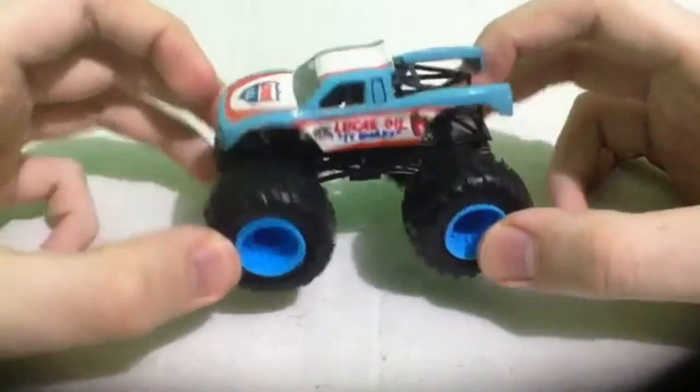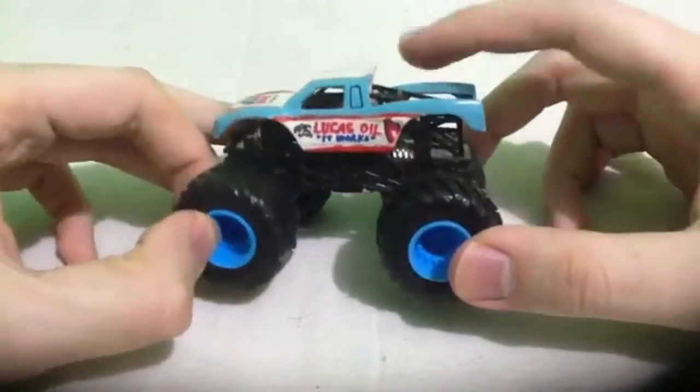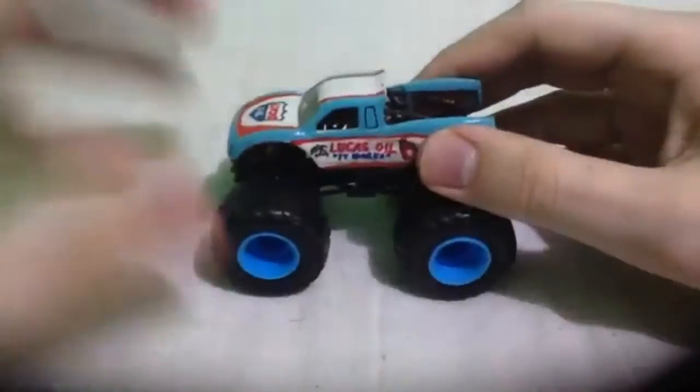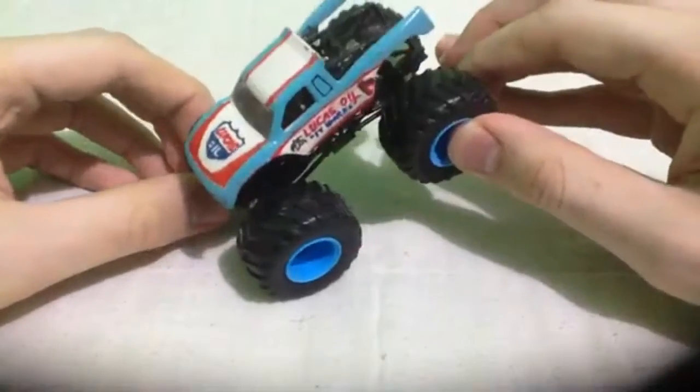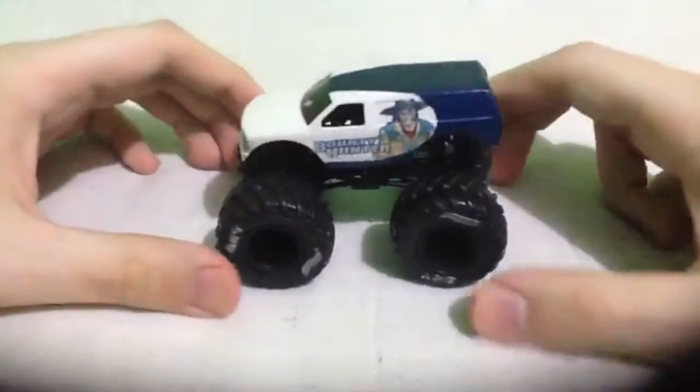You might remember this custom Lucas Oil Bigfoot that I did. This was originally a Firestone custom that originally had this dark blue paint, but I decided to get rid of it because it kind of looked ridiculous, and obviously now this looks way better than that. So anyway,